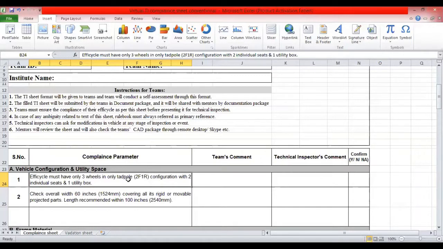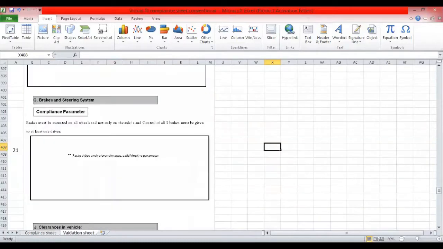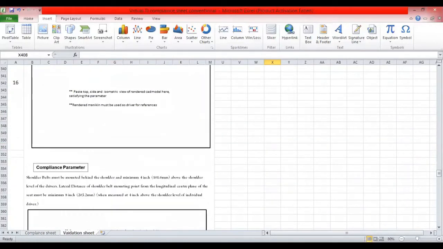He or she will check, and if they find at their level that it is okay to go ahead with the team, they will ask you about all the checkpoints one by one. For those checkpoints, I'll take you through the second sheet, which is the validation sheet, where the points have been mentioned.